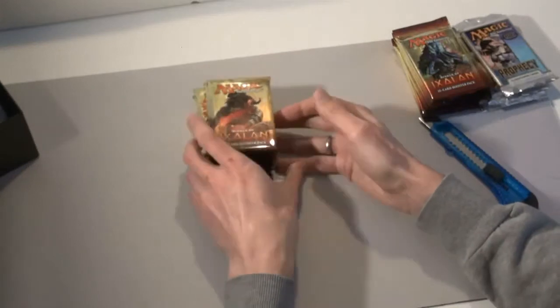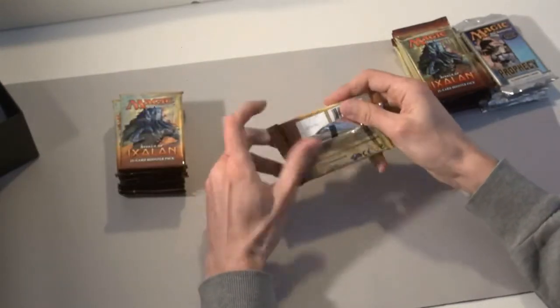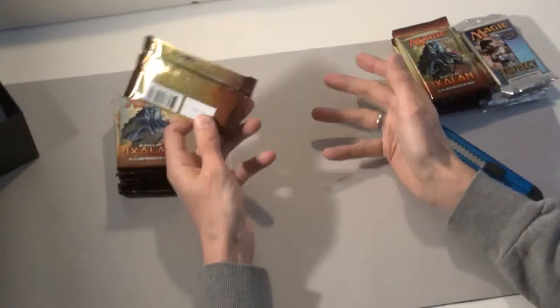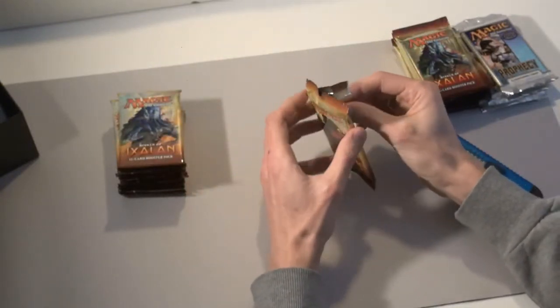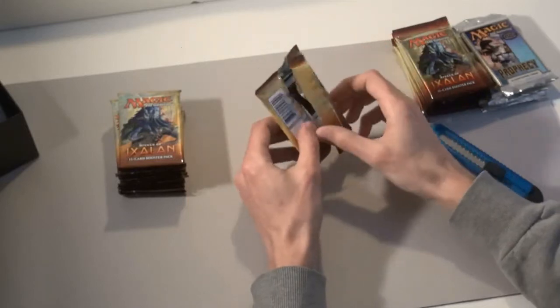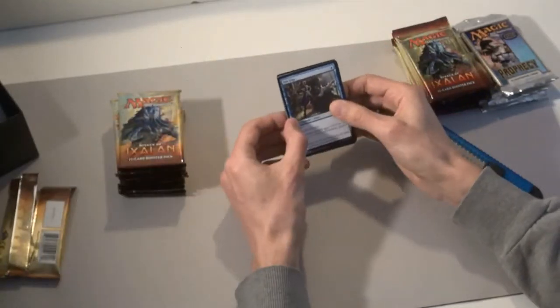So let's get started. So, you can see with these packs that they're made in the USA. Let's double check. It says made in USA. It says right here. The question is, how do you open packs? I open them like bags of crisps. So, and as you can see, I want to do that, but it opens already in a kind of different fashion, as we'll see with the European ones. So, we have...